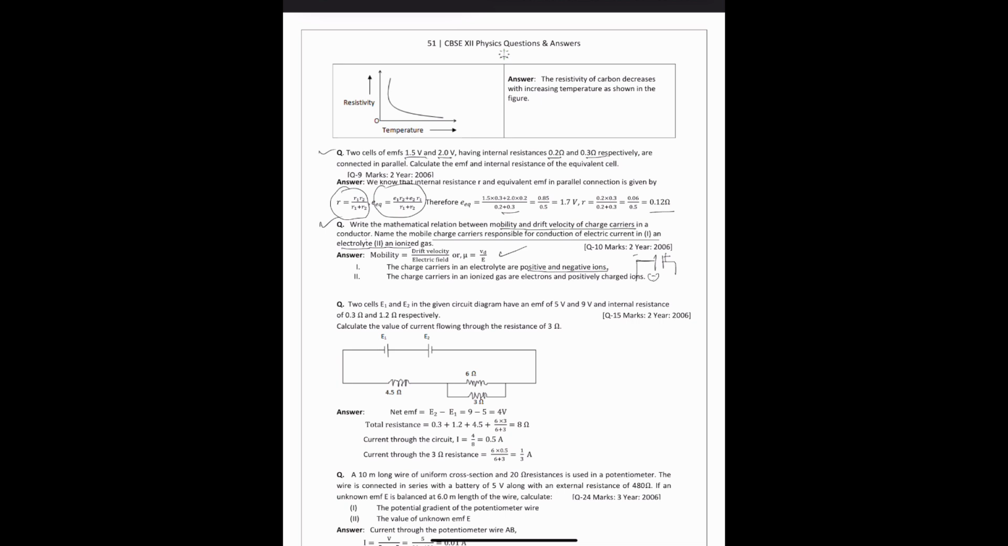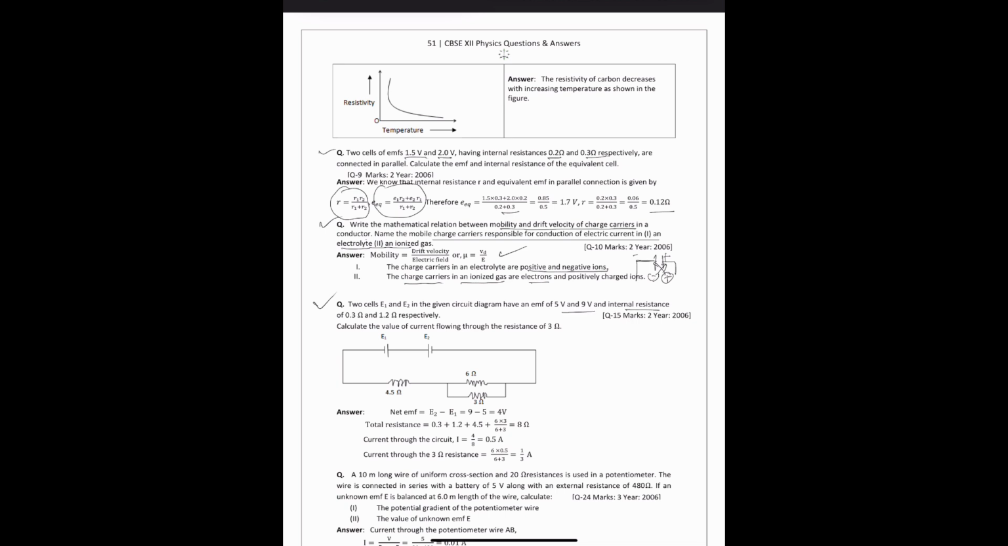So negative ions go towards the positive plate, positive ions go towards the negative plate, correct? So the charge carriers in an electrolyte are positive and negative ions, and the charge carriers in an ionized gas are electrons and positively charged ions, correct? Now two cells E1 E2, in the given circuit diagram,